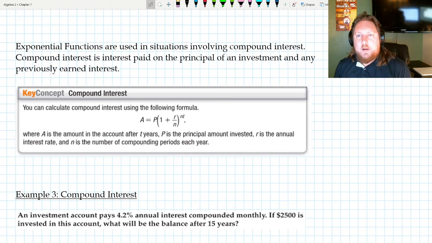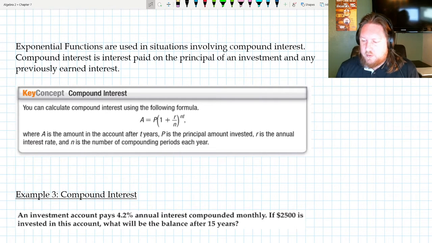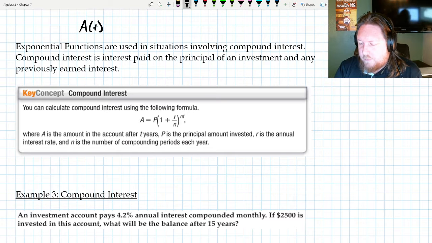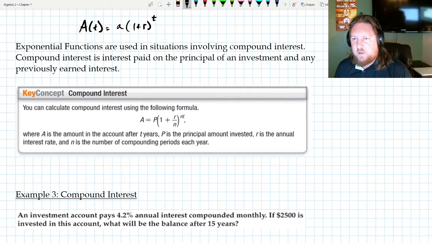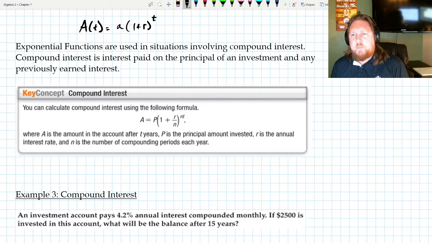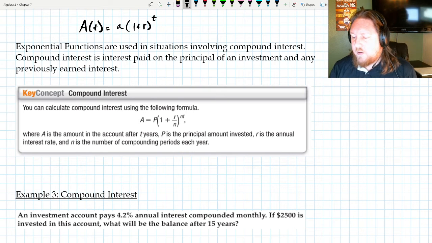Now, with the last lesson, we did simple interest, which was the initial amount times 1 plus the rate to the t. Now, most banks don't actually calculate on simple interest, which is what that old function represented, because people don't leave their money alone for an entire year. Every month they're adding a little bit into their savings, and sometimes they take a little bit out during the month. So they've come up with something called compound interest,